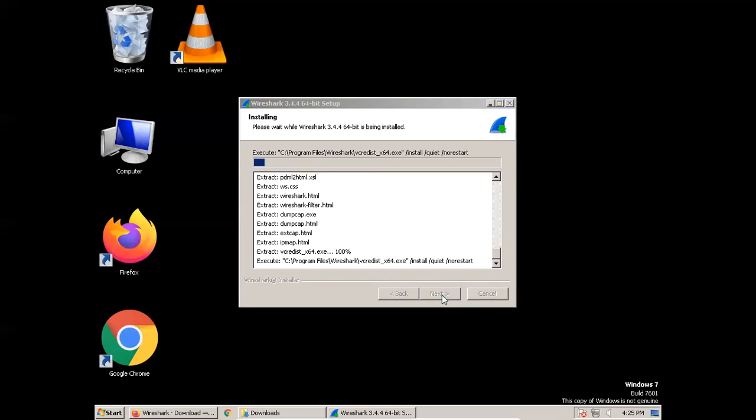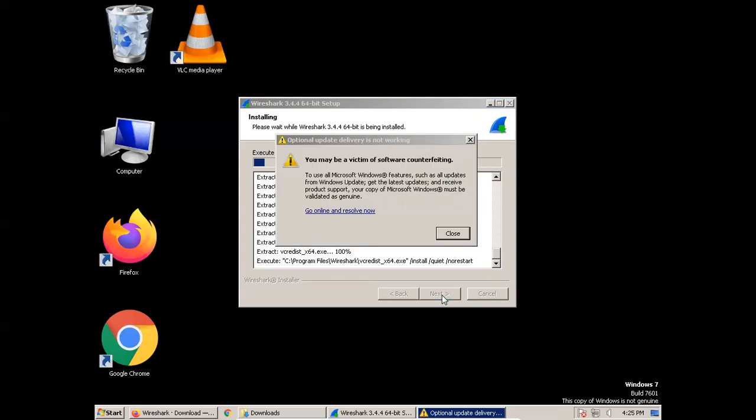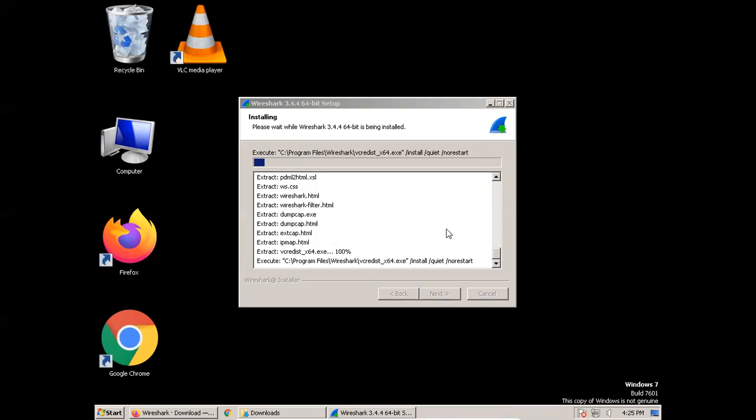Okay, so in the meantime it's installing. Let me tell you that a lot of the time when you are installing Wireshark on Windows and Linux, you may get an error like this: software requires privilege, or this program requires privilege. So make sure you are installing Wireshark with admin rights. And when you are running Wireshark, you have to right click and run as admin. This option can help you counter all those errors, and Wireshark will work without any problem.